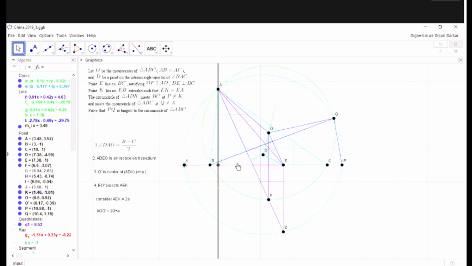So you get basically this measure equal to this measure, right? You have to notice the hovering of my mouse. ABQ equal to AKP. Because we took this to be 2 alpha, these two have to be this one, and this one has to be 90 minus alpha, 90 minus alpha. Then the whole sum will be 180, right? So ABQ equals AQE, AQC, all these lie on the same line,